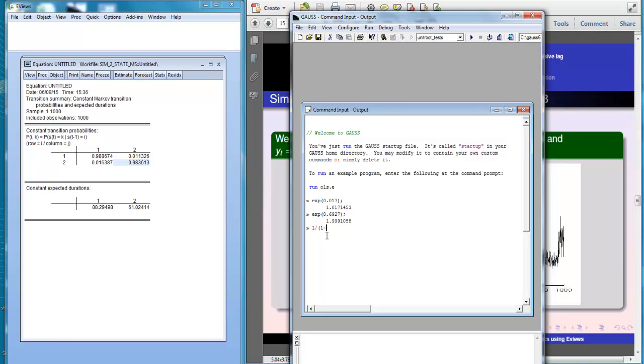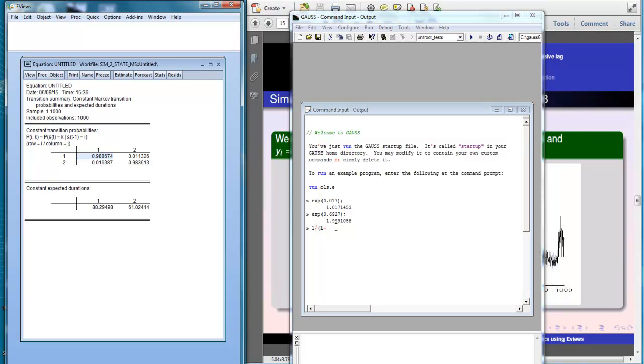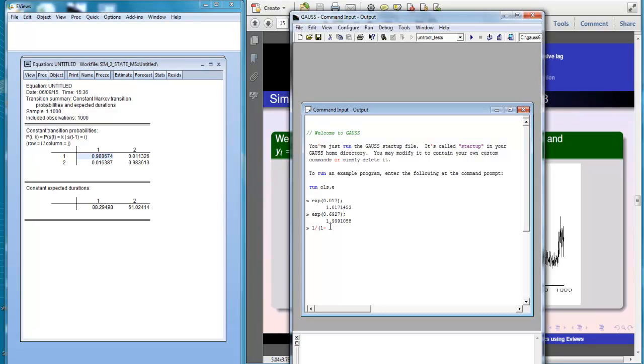1 minus P11, this one, P11, and we get this result, 0.99, and we divide, and it is equal to, sorry, we just add the last part, 674. I remove this, and it is equal to 88. And the second one, if you want,